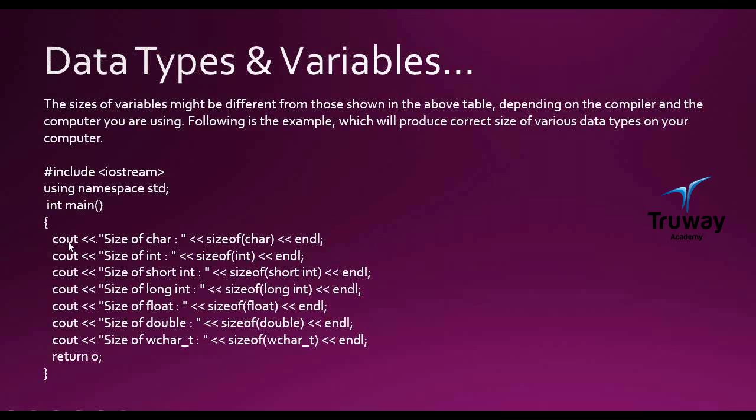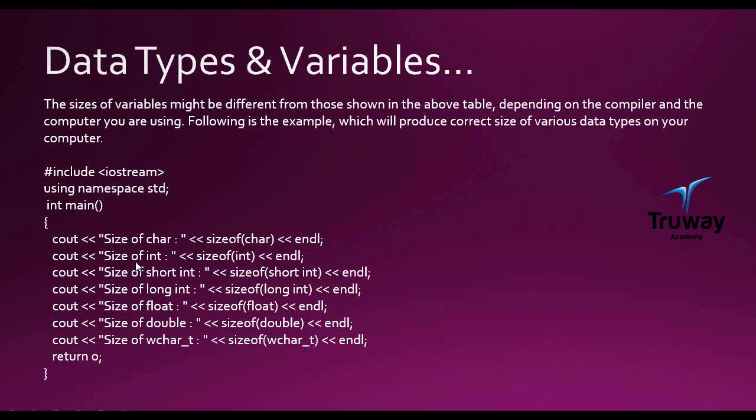Okay, so this is the C++ way of displaying output onto the console. I use cout. This is called the insertion operator, the two symbols, two left angle brackets. Then this is the message which you are displaying, and then again two left angle brackets. That means after displaying sizeof character, it's going to display the value returned by this operator. So sizeof character is going to return the value 1, which means 1 byte, and then a new line